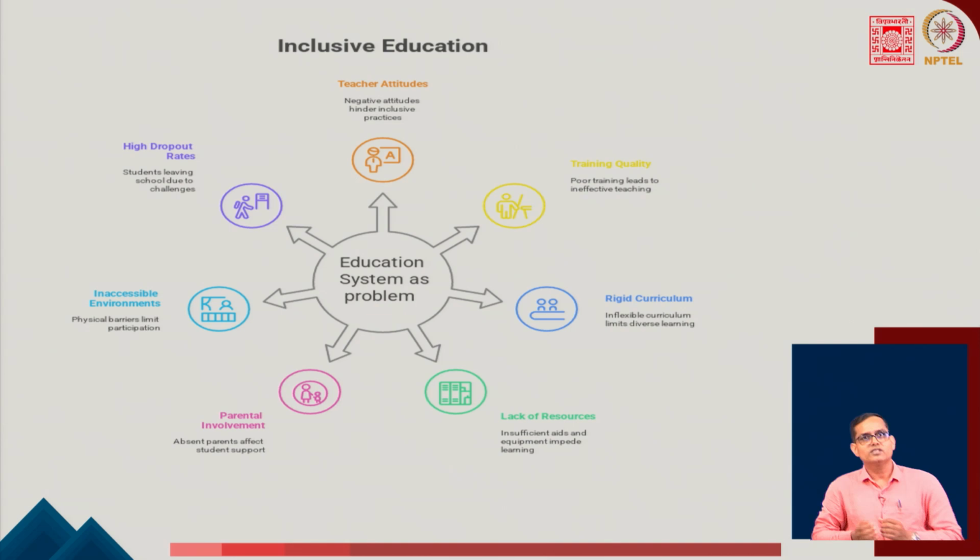because the system is not supportive in terms of teacher attitude. Sometimes the teachers might have a negative attitude that hinders the inclusive practices. And if the system is not supportive, high dropout rates can be seen. If the system is not supportive, an inaccessible environment can be created where children with disabilities can face many